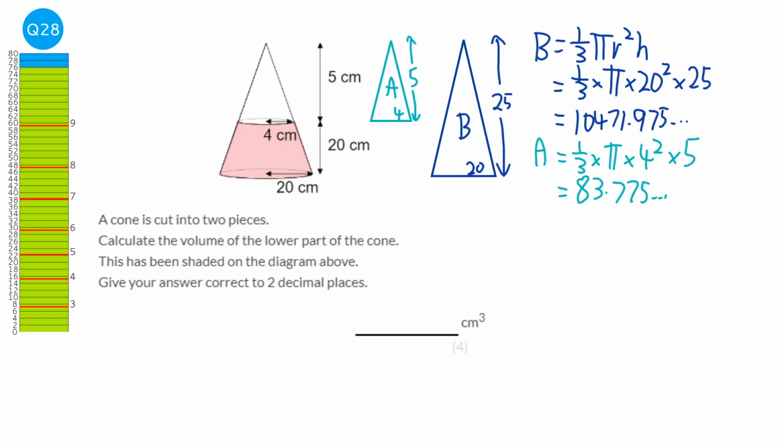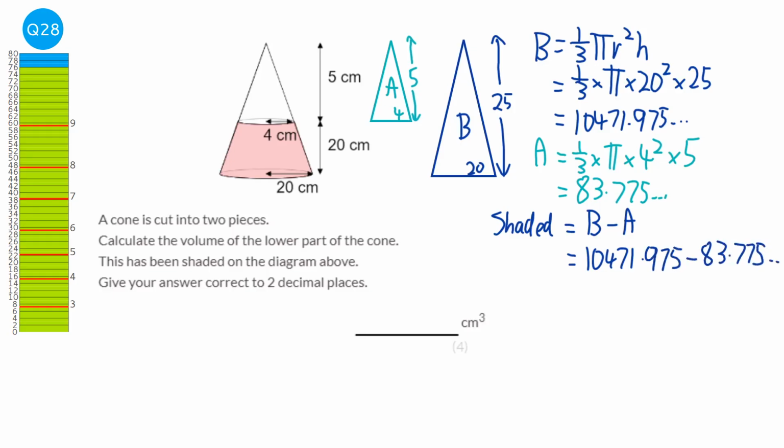So to work out the shaded bit, we're just going to do the volume for B, take away the volume for A. So it's going to be 10,471.975, take away 83.775. And all those I'm going to keep in the calculator to keep the accuracy. And that gives us 10,388.199, blah, blah, blah. And to 2 decimal places, it's going to be